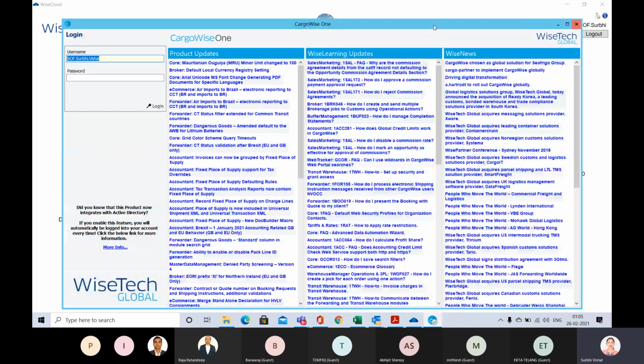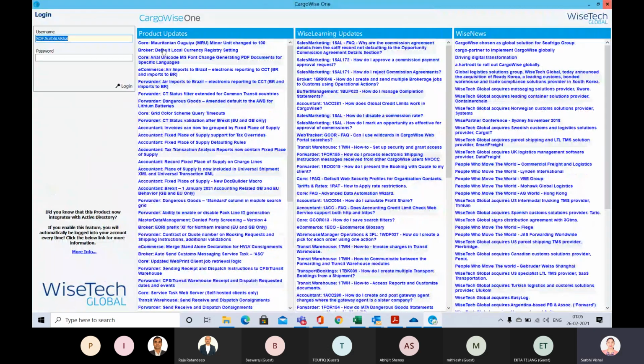So you can see it's asking for the second login. So I will enter my password.